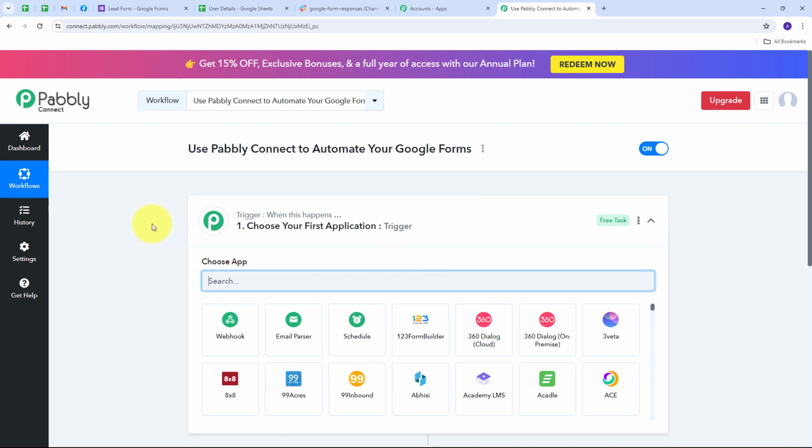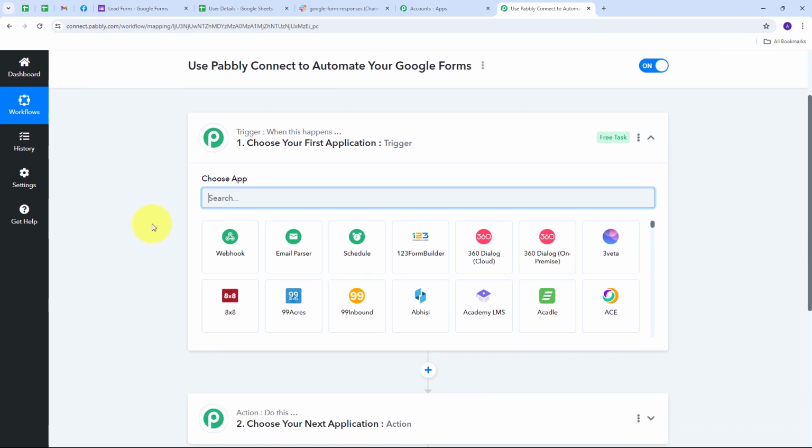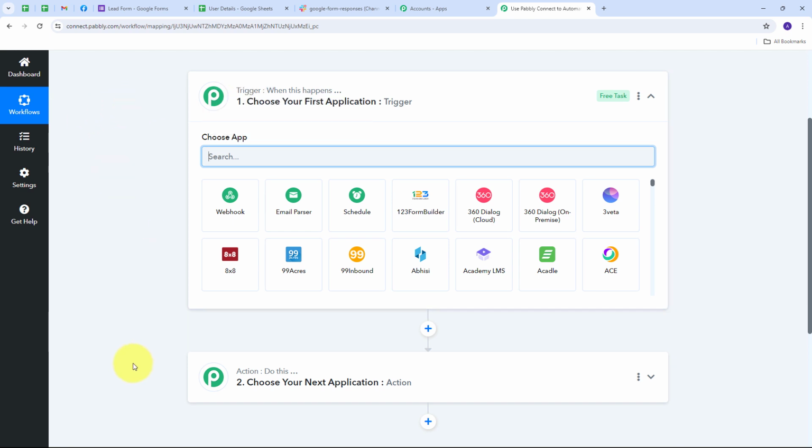And it will take us to this most important window of our workflow. Here we have two boxes, trigger and action. So these are the two main principles on which our workflow works. And trigger says when this happens, action says do this. So trigger is going to be the first step that will get executed in our workflow, and action will just follow that. So we have to set up our trigger first, and here my trigger application is going to be